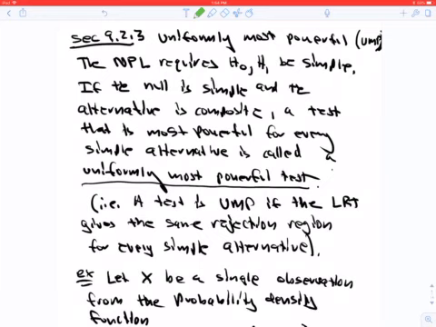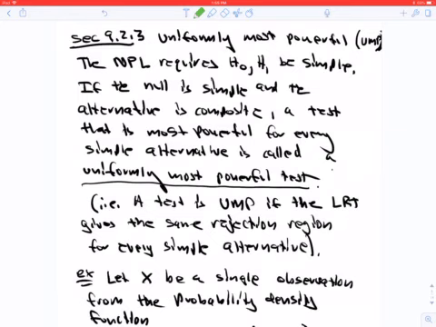if you have a single rejection region for the test. So your rejection region, you just have a single rejection region for all different values of your alternative. I should have mentioned that uniformly most powerful tests apply to a composite alternative, which means that your alternative can take many different values,